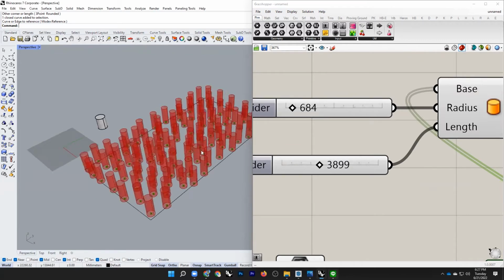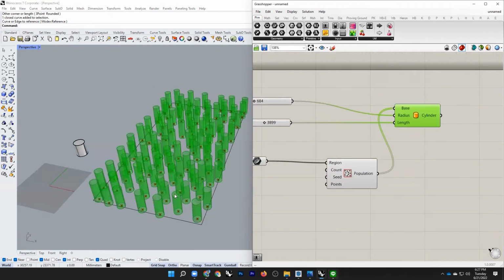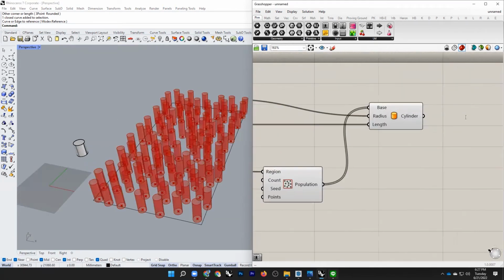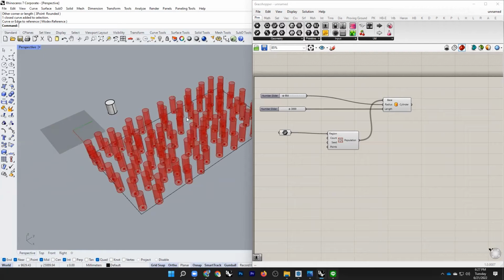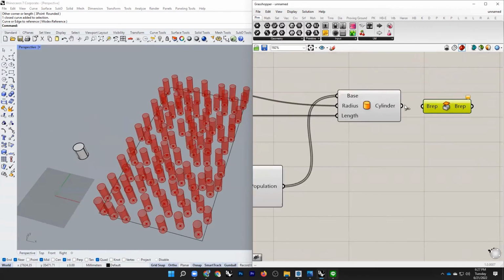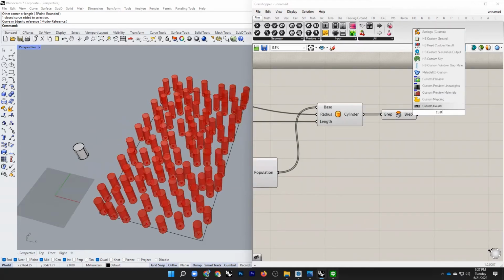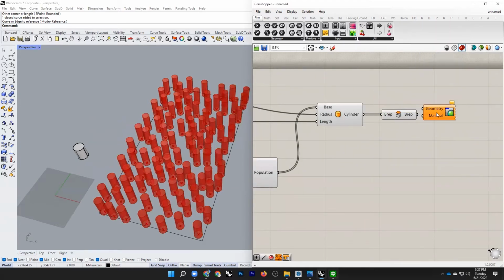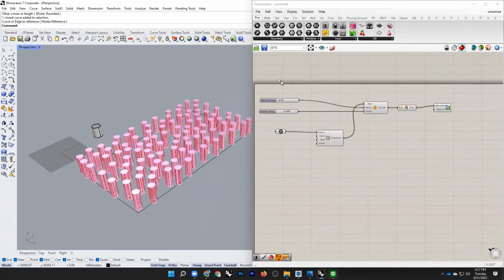So if I wanted to do this in Rhino, it would have taken a lot of time to make all these cylinders at the same time. But using Grasshopper, I can make this kind of installation very easily. I will show you more interestingly. Let me just make this a little bit more interesting for you. Okay, so